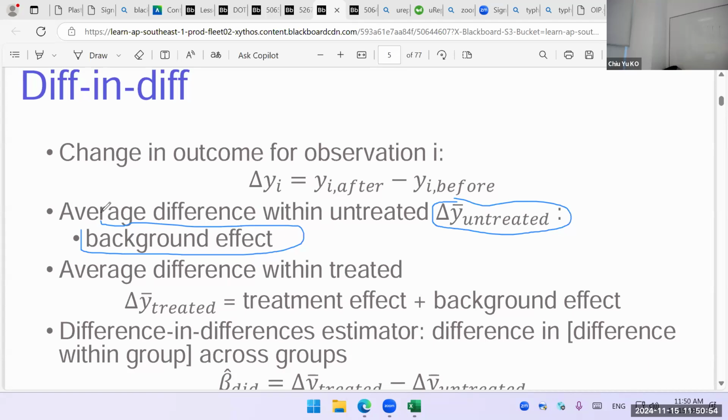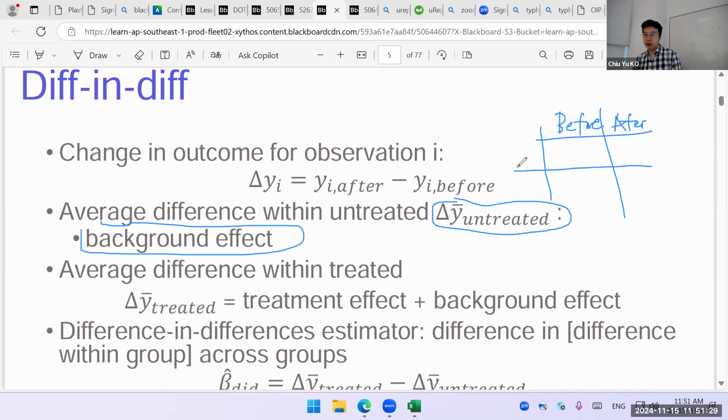And the difference for the treatment group has two things, right? It's the software effect, the new software, and also the change in the background. So the difference between the two will give you the result, but that's why you call it difference in difference. Right? So that's the idea, right? So basically it's just like this. You have before and after,